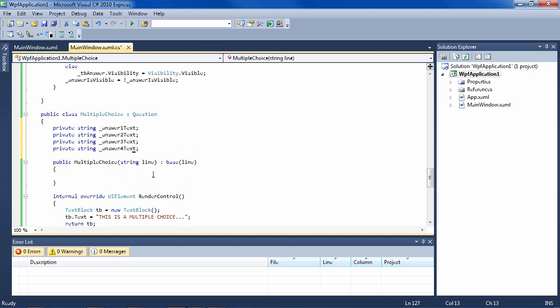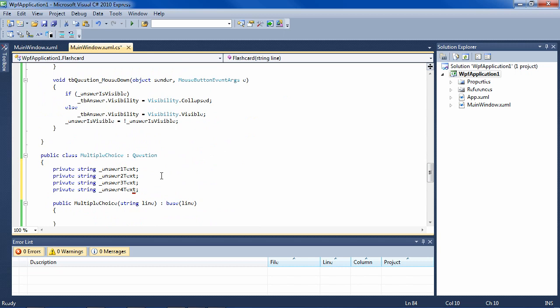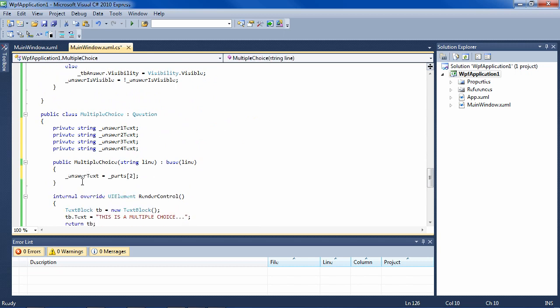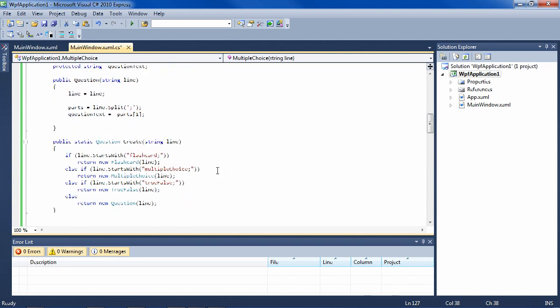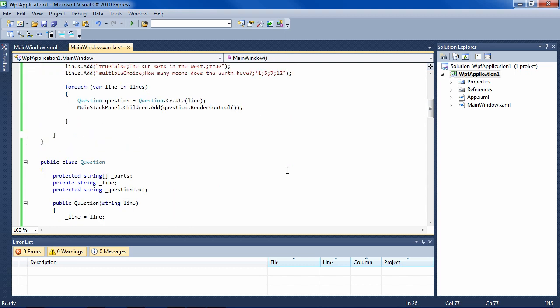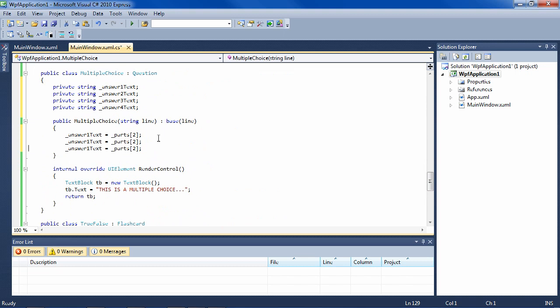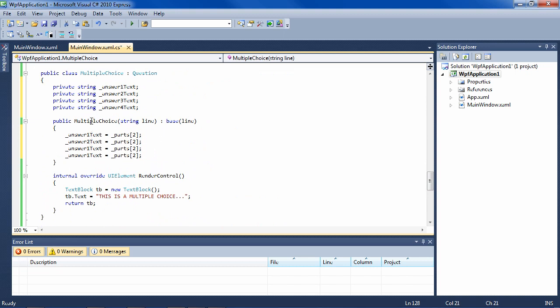And then in the constructor itself, we'll define this. This will be a lot like this here, so we'll just copy it. So answer 1 text is going to be 0, 1, 2. That's correct. What I'm referring to here is here. 0, 1, 2 is the first answer. So I'm copying and pasting. So answer 2 text, answer 3 text, answer 4 text, and this is 3, 4, 5. So now internally in the multiple choice object, the 4 answers have been defined internally, and now we just need